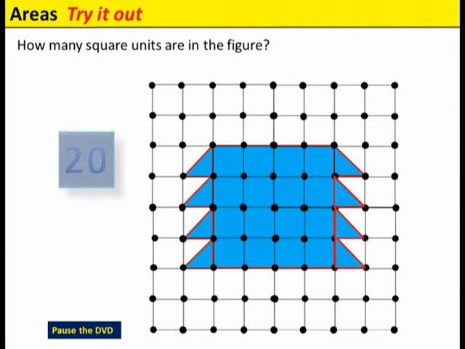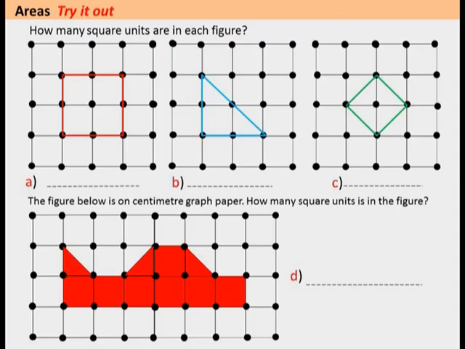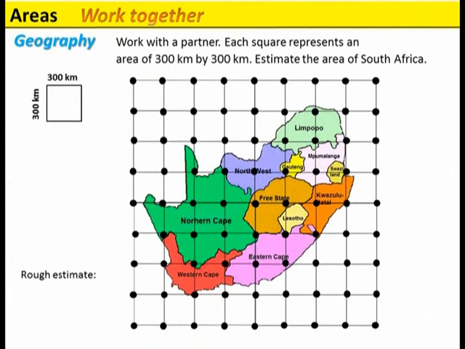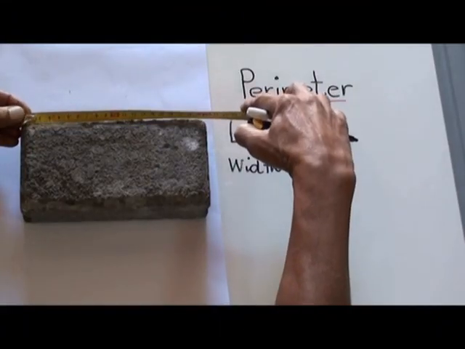Each square represents an area of 300 kilometers by 300 kilometers. Calculate the area of South. Is 20